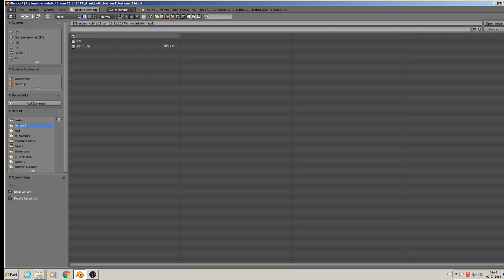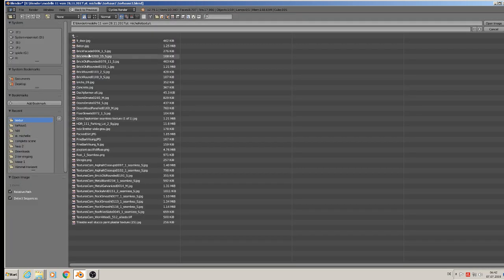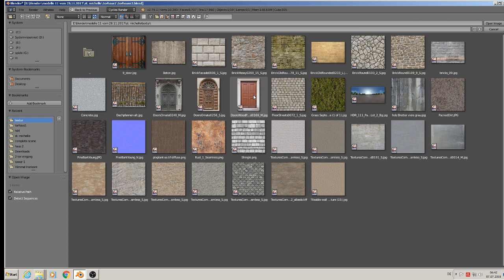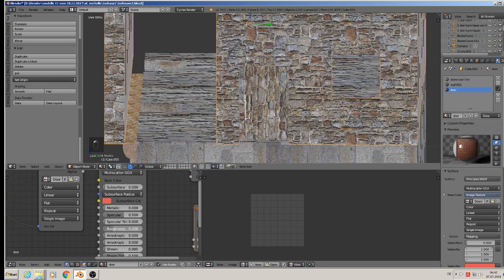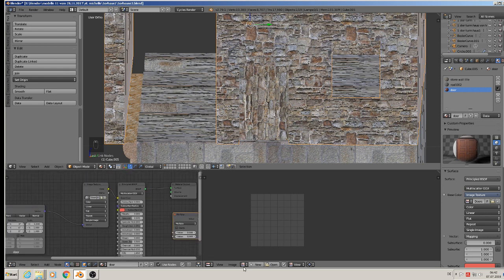We open up and go to the texture folder, and there we have a door. And this door should have roughness,